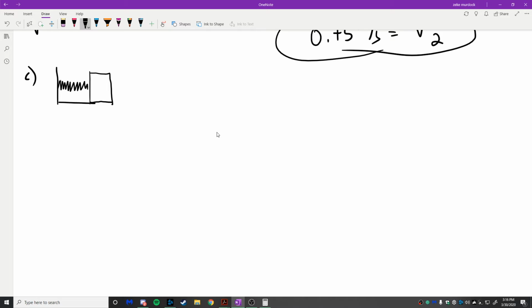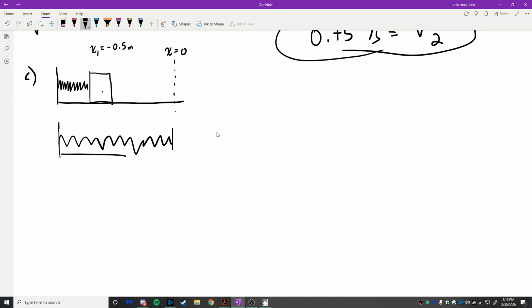So here's our surface. Let's say that this is the equilibrium position, and this was our initial coordinate, right? So x1 was equal to negative 0.5. What we're going to look at is, suppose that we allow the spring to decompress to here, but then suppose that the block basically just slides and comes to rest over here. So the block slides